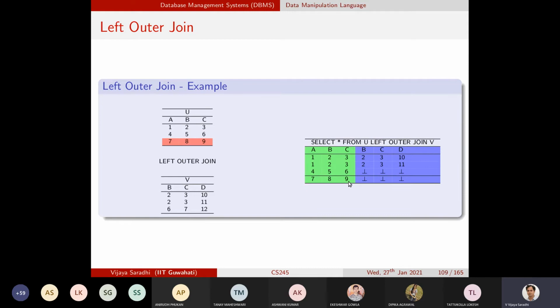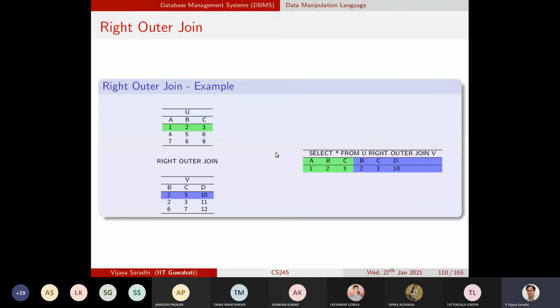Okay. So now look at the right outer join. Exact reverse thing. Instead of dangling records from the left table, after you perform the natural join, you pull the right hand side table's dangling records into the result set.